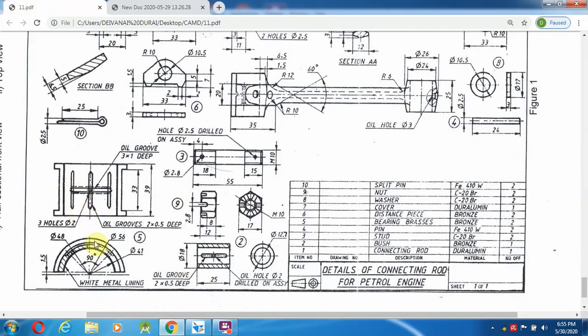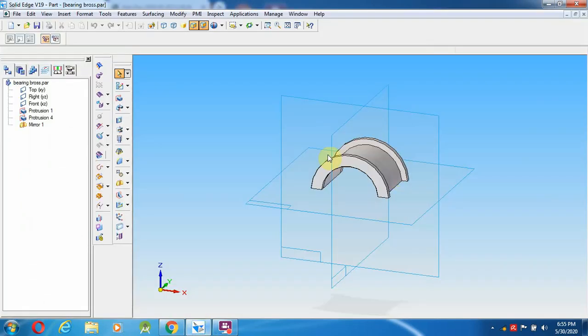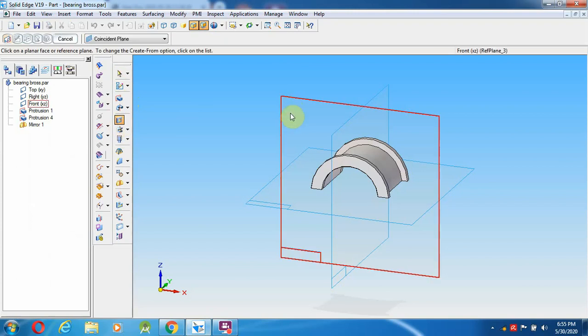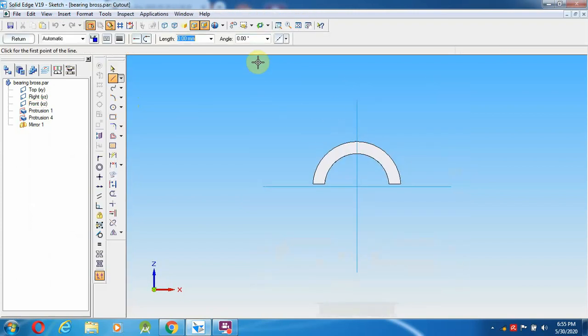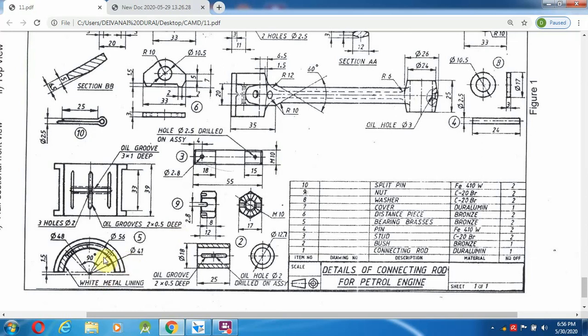After saving this, I am going to create this whole circle. For creating this whole circle, I'm going to select the mid plane, go to the cutout, the middle, go to the wireframe model, and make this one. The angle will be provided as 45 degrees. From the 45 degrees it comes over here.